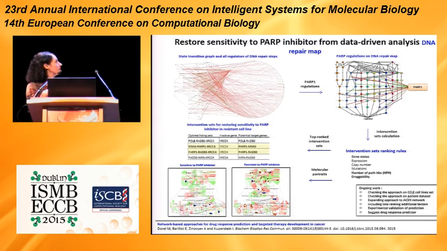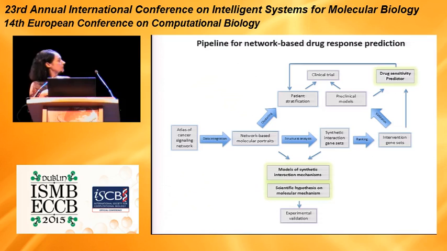The other possibility is this triplet containing RAD50. This is another personalized treatment that can be suggested to that particular patient. So using this example, I am introducing to you the pipeline which we are developing now in the institute together with a hospital, where we use Atlas of Cancer Signaling Network, our resource, and we integrate data from patients. There's a lot of cohorts available in the institute.